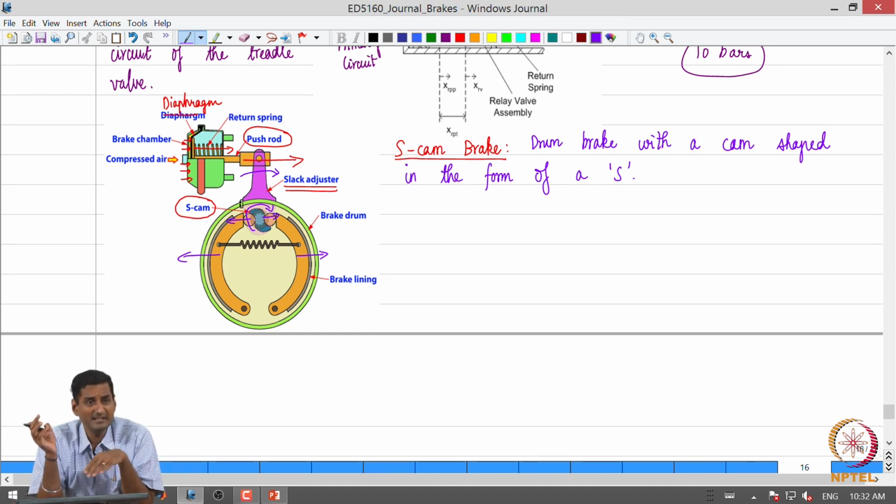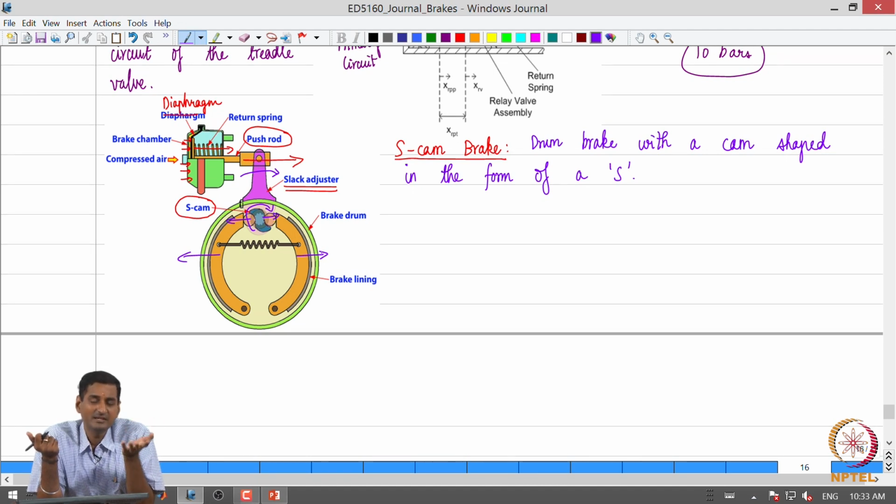That translates to a larger braking torque or more output from the drum brake, right, in a heavy vehicle. So, yes, the dimensions of a drum brake in a heavy vehicle air brake system are going to be slightly larger than those in a passenger car, but it is not going to be as large as to have a huge increase in the brake torque.